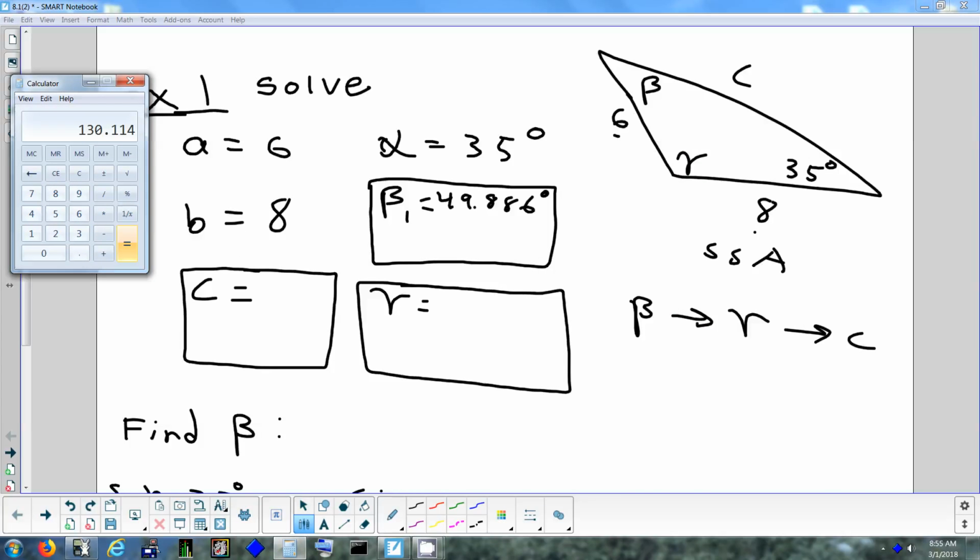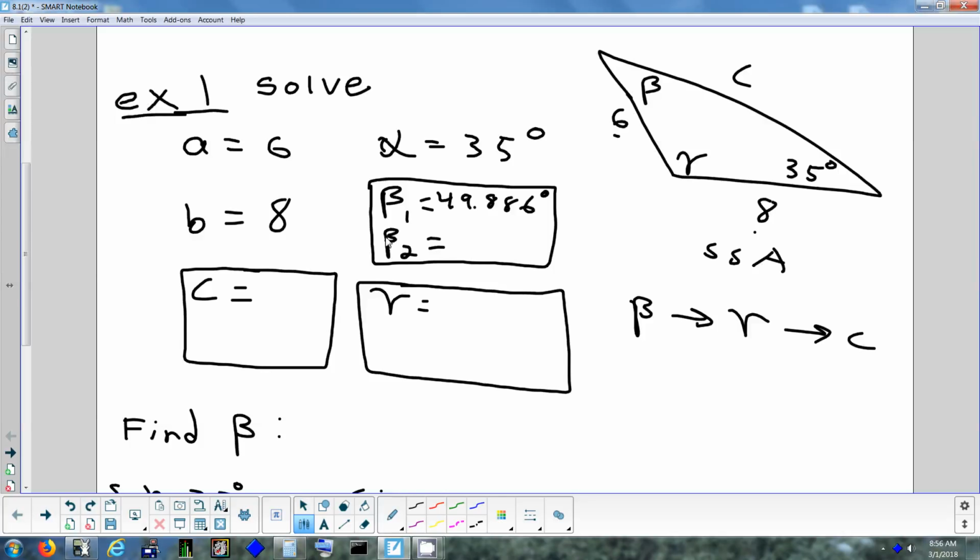So mathematically, that's the second answer. Does that work in this triangle? Yeah, because if you add the only known angle, which is 35, it's still below 180. If you add the angle that you were given, 35, to 130, you get 165.114. So the other angle is small enough that it does work. Okay? So that's going to be beta 2, 130.114. So now, because we got 2 answers for beta, we are going to have 2 answers for gamma, and